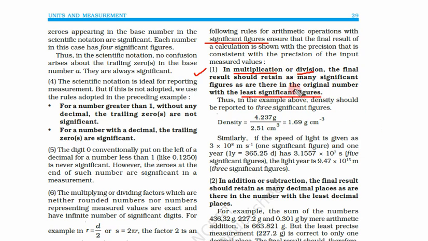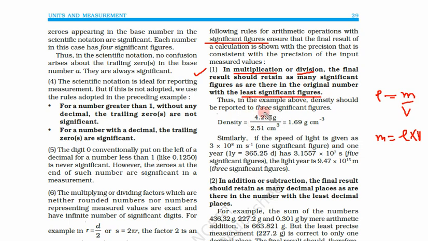What they are trying to say is, suppose we are calculating a quantity like density by division. Density is equal to mass upon volume, or we are getting some other quantity, like the mass itself, density into volume. So in multiplication or division, the result must not have more significant figures than the number with the least significant figures. So let us understand.